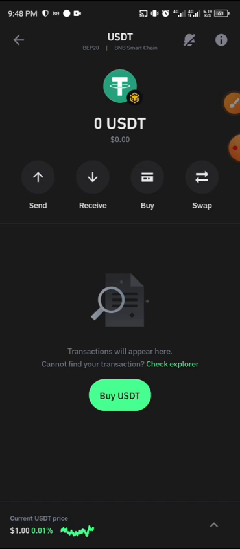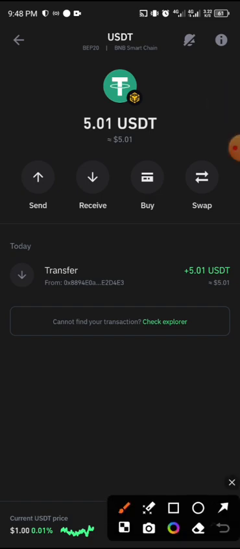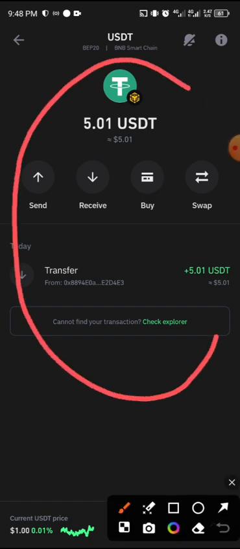You can always refresh your wallet. As you can see, we have successfully withdrawn funds from Binance to a Trust Wallet address,